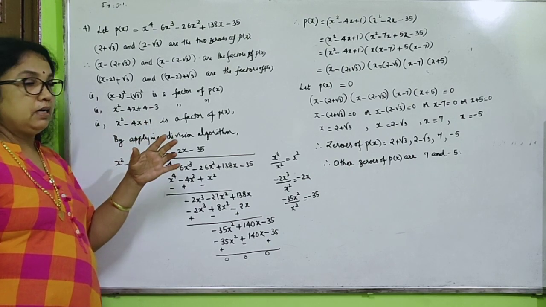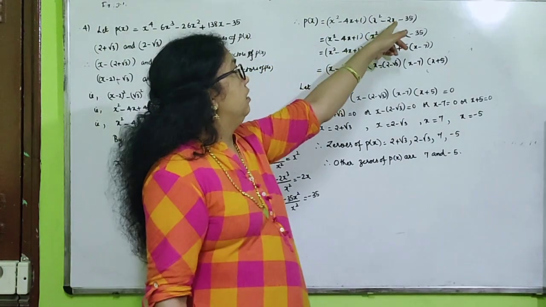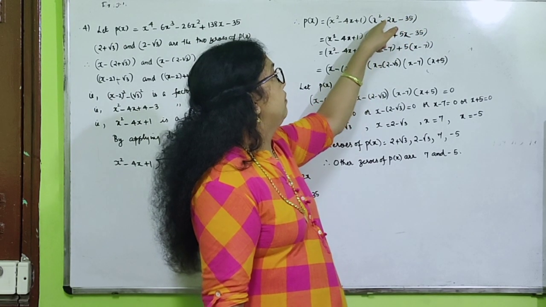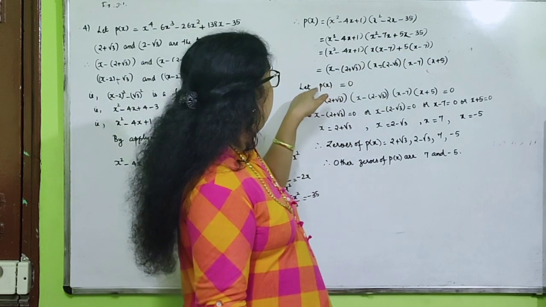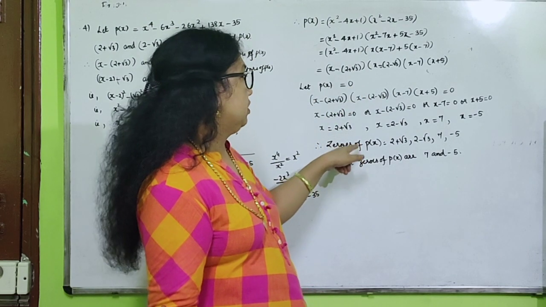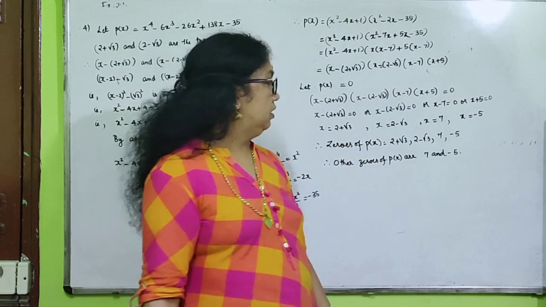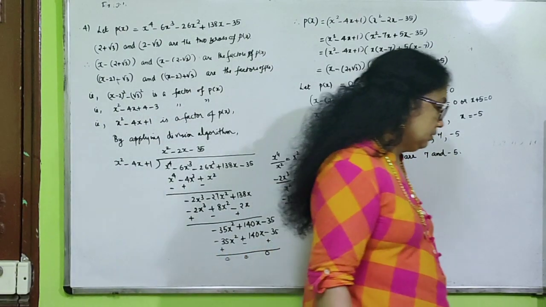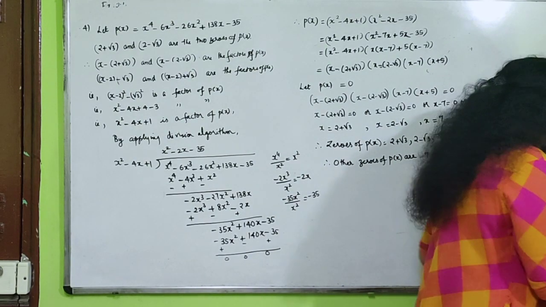Now applying the division algorithm, we divided, then we got the quotient, and those are the factors. Then this is simple division and factorization only: multiplication minus 35, addition minus 2, we got it, then we factorized all. Then in order to get zeros, we made it equal to 0, then we got the values. Here 2 plus root 3 and 2 minus root 3 are already given in the question as zeros. Find the other zeros, and write what other values we are getting. Now one more question only, that is the fifth one.